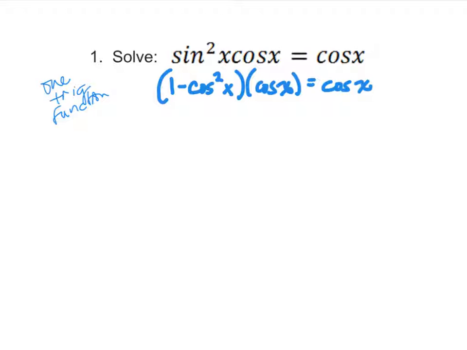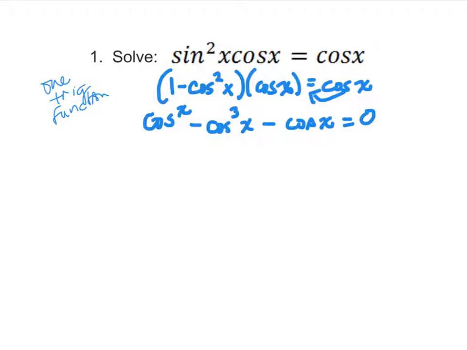So you can see here that all I've done is rewritten sine squared. Now we want to go ahead and perhaps distribute. We could do that if we wanted to. So we could go ahead and distribute cosine x through. And when we do that, we're going to have cosine x minus cosine cubed x minus cosine x is equal to 0. All I did in the same step was move that one cosine x to the other